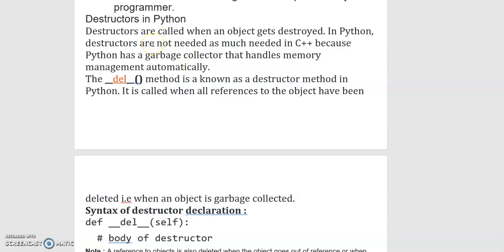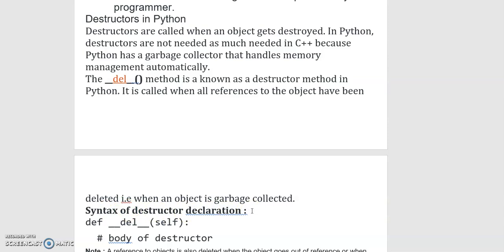So Python doesn't need destructors, but we can call a destructor when an object gets destroyed. The __del__ method is known as a destructor method in Python. For constructor, we use the __init__ method. For destructor, we need to use the __del__ method. It is called when all references to the object have been deleted, that is when an object is garbage collected.